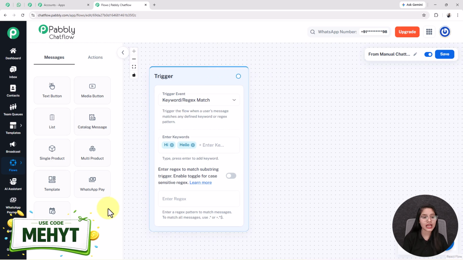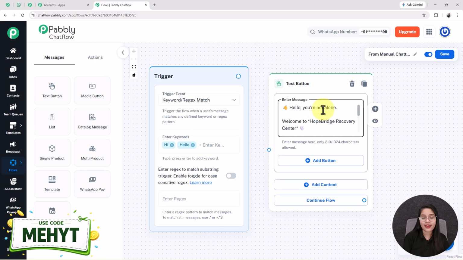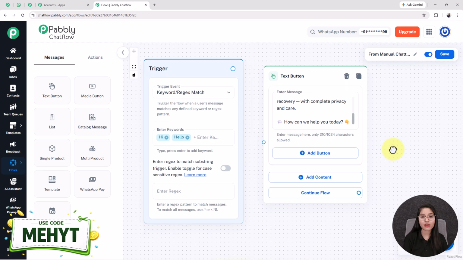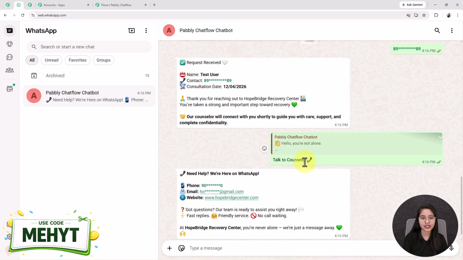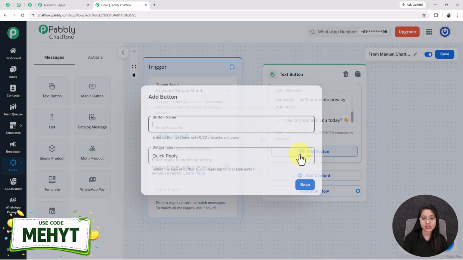So for that I am adding one text button from here and entering a message in this field as: Hello, you are not alone, welcome to Hope Bridge Recovery Center, how can we help you today? Along with this message I want to add three quick buttons by the name of View Programs, Book Consultation and Talk to Counselor. So for that I am clicking on this plus add button